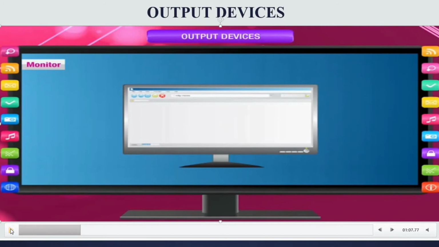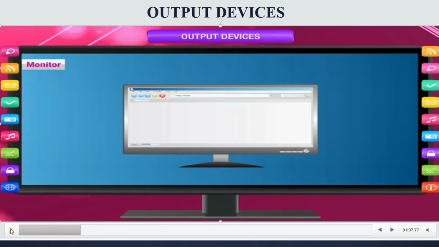Whatever you are drawing in Paint by using the mouse, which is an input device, also shows on the monitor, and the monitor is an output device. So the monitor shows both the picture and the text as output on the monitor screen, right?